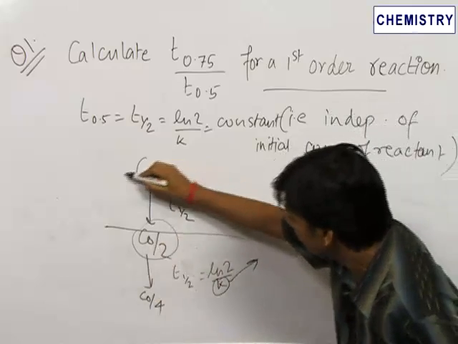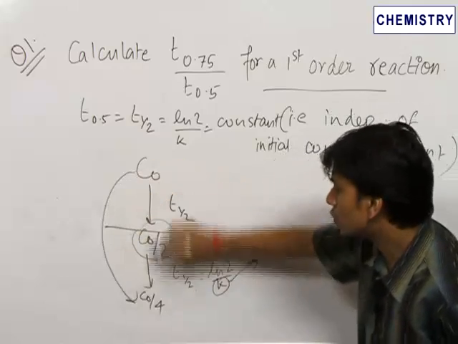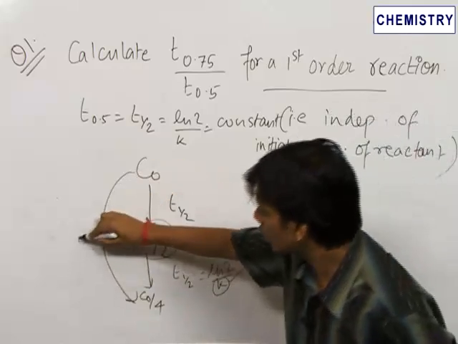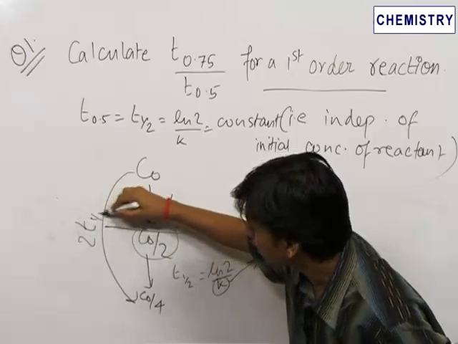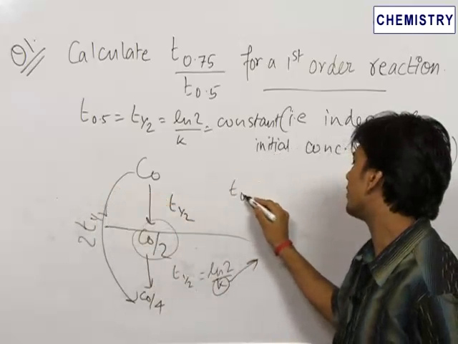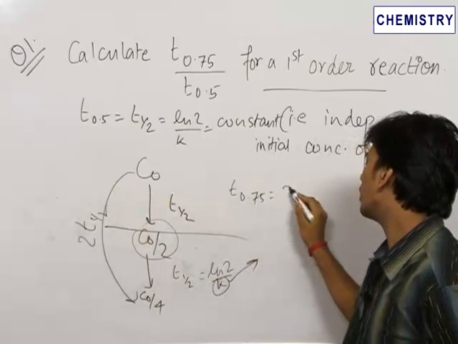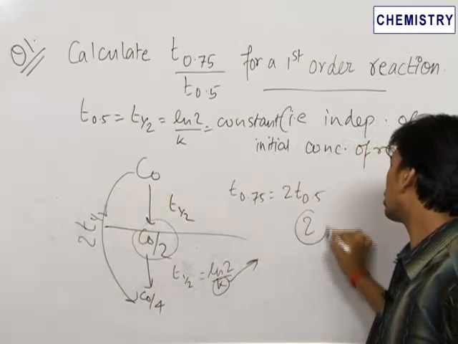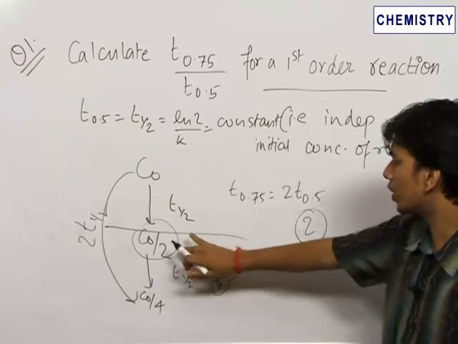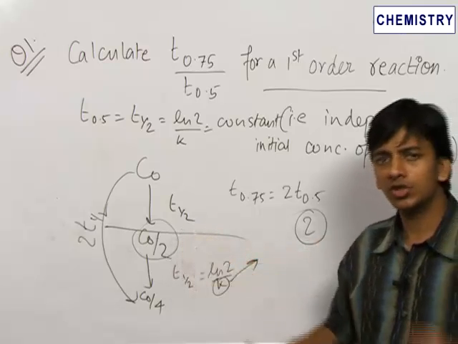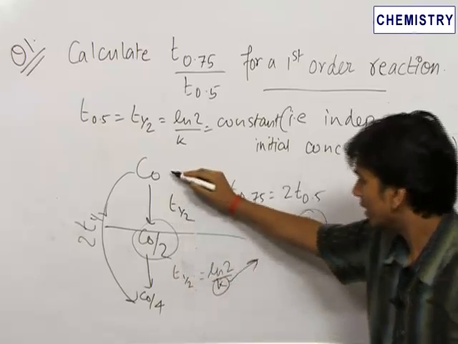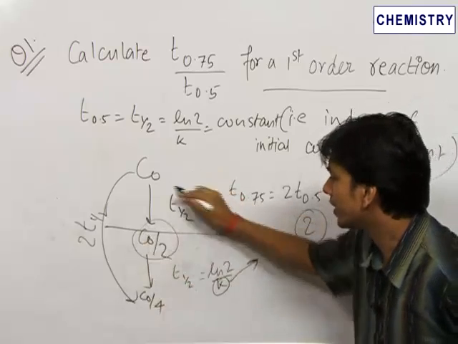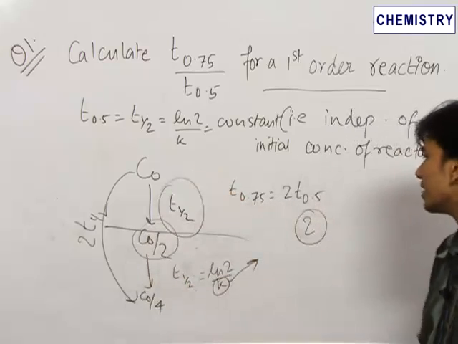Therefore the time taken for it to reduce to 1/4 its concentration is 2 times T half. Therefore T of 0.75 is equal to 2 times T of 0.5, therefore we get the ratio as 2. So this is a very important property of first order reaction which you should always use, that it keeps on reducing to half its value in time T half. So our final answer is that the ratio is